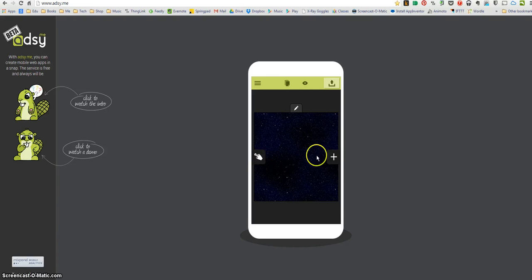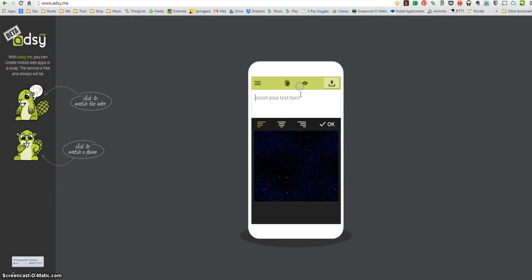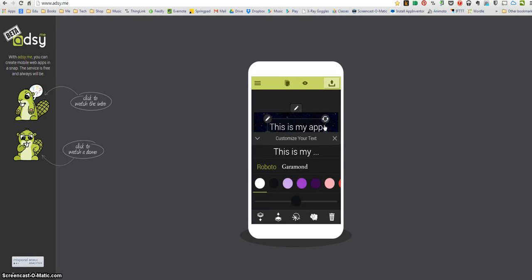On the left hand side here you'll see what this is. This allows you to make areas of your app screen interactive, and on the right hand side it allows you to add content. And if I click the plus, I can add text, so I can choose the positioning, how the text is organized and how it's presented. So this is my app, and I can choose to center that, click OK,